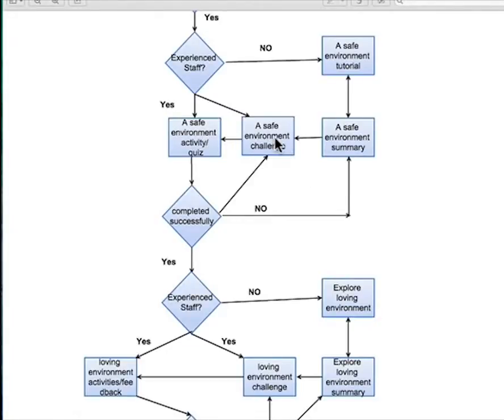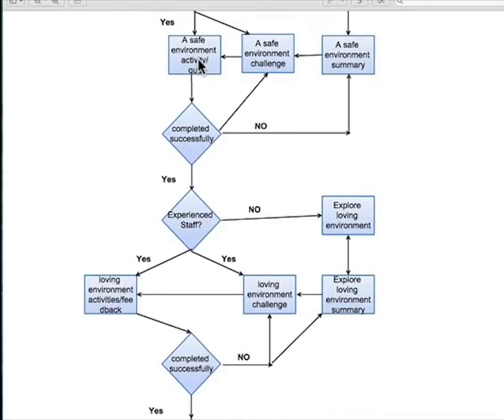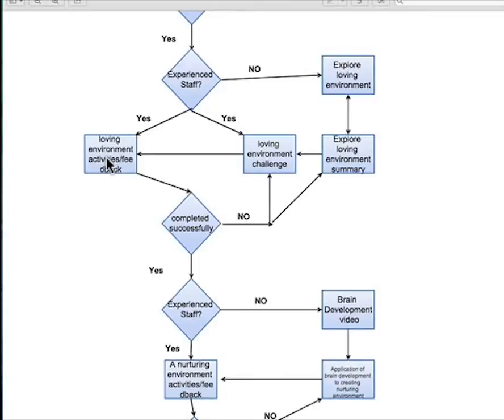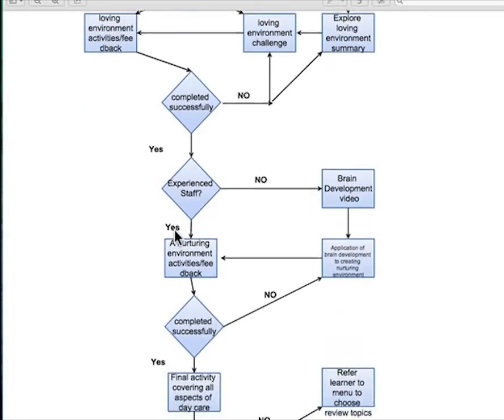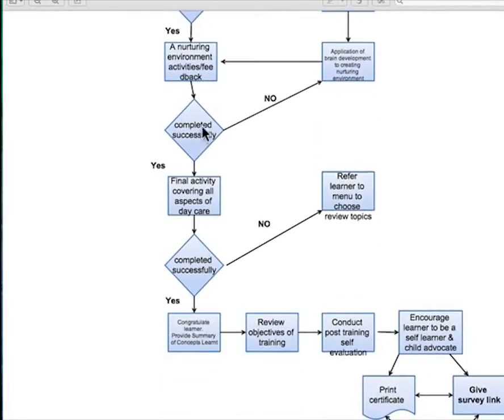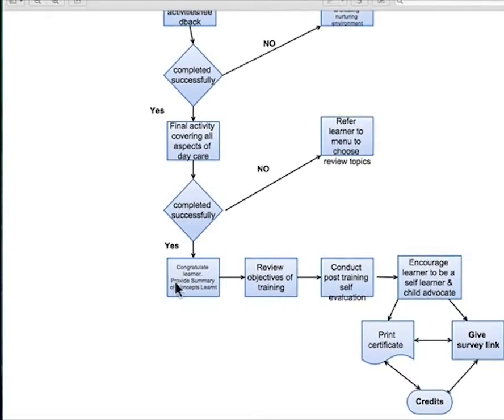I also have a scenario built in, which is a challenge, and then a summary of what they learned earlier on. If they are able to successfully complete the activity, then they move down to the next, which is a loving environment. And from the loving environment, they move down to the nurturing environment. And from there, when they have finished it and completed the last activity, I give them a final activity that covers everything. And if they complete that successfully, I congratulate them and provide them with a summary of the concepts